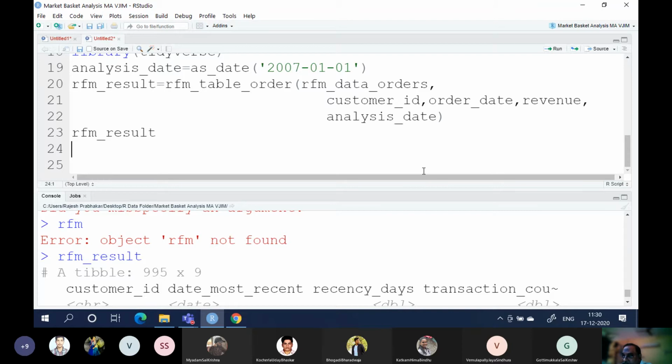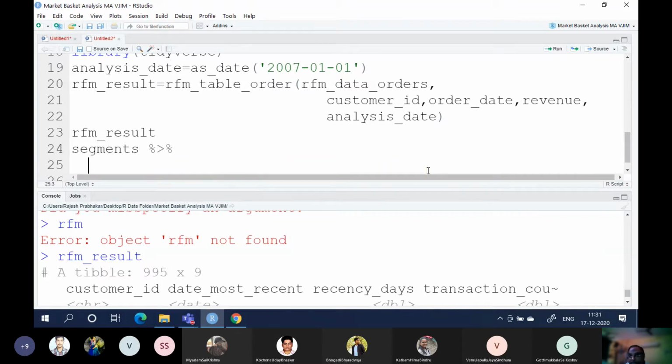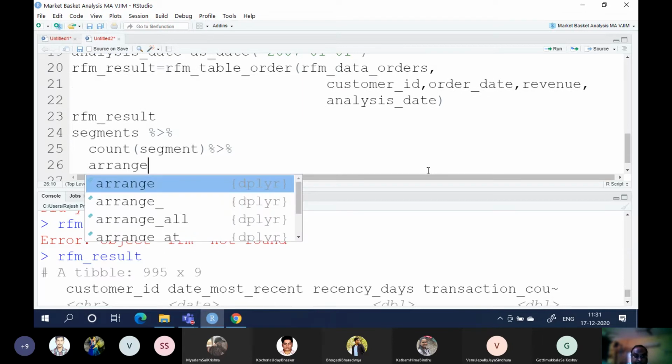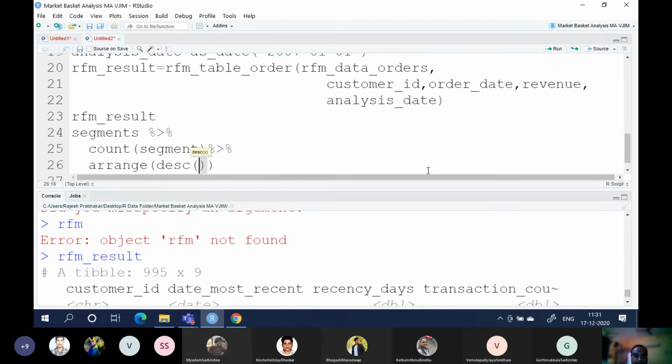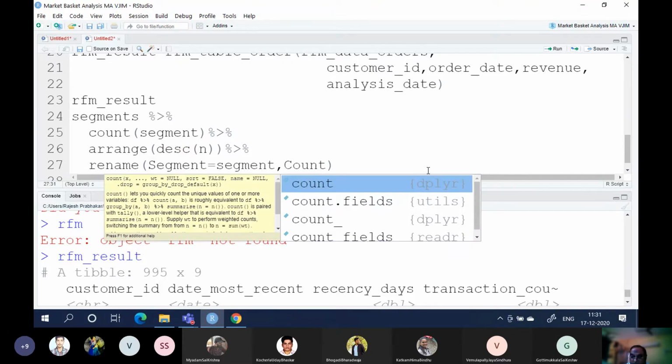Now let us see if we can segments, percent greater than percent count, segment, percent greater than percent arrange, descending of n, percent greater than percent rename equal to segment comma count is equal to n.